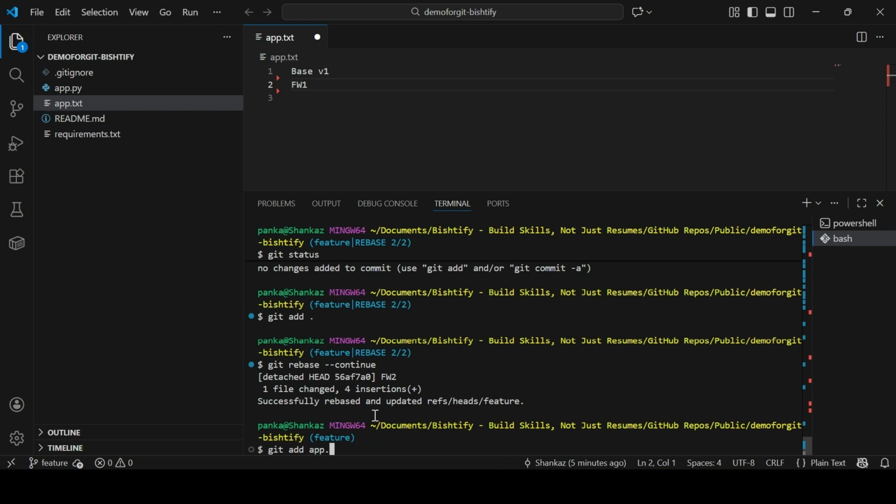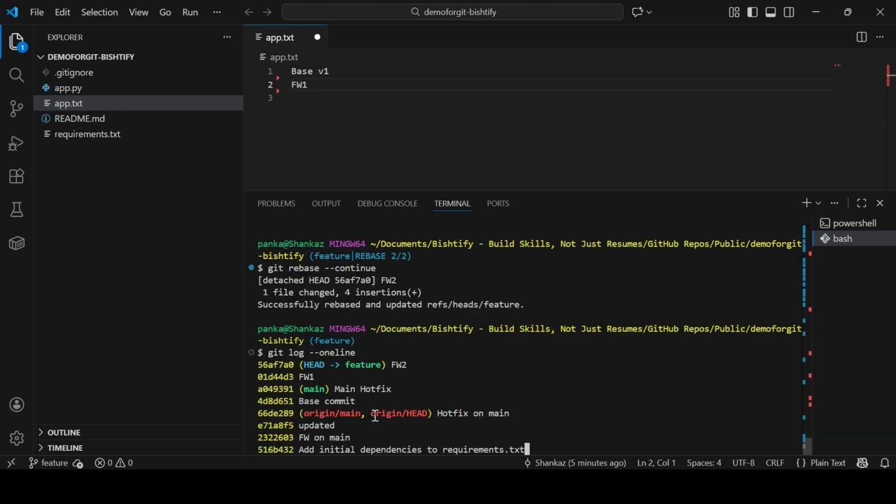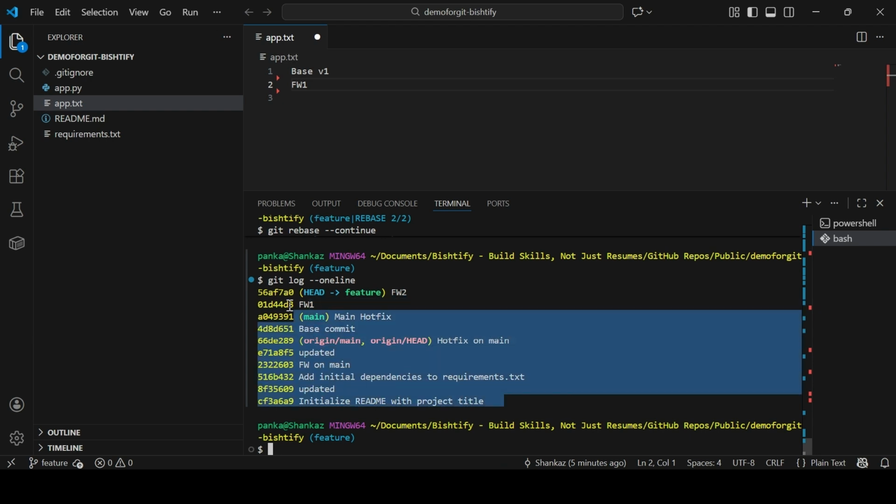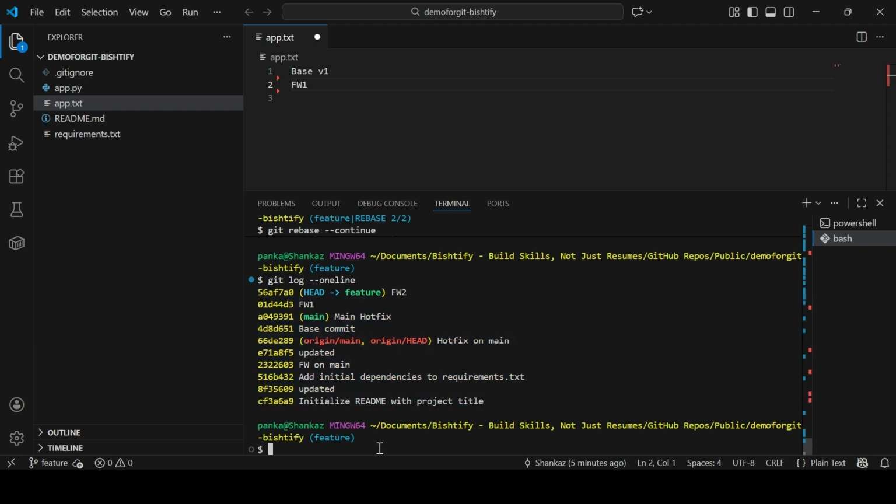Whatever you have done, if you would like to verify that, you can say git log hyphen hyphen oneline, and you would find a clean history with the feature commits on top of main. See, this is what we have done on the main. And now I'll try to run rebase hyphen I,